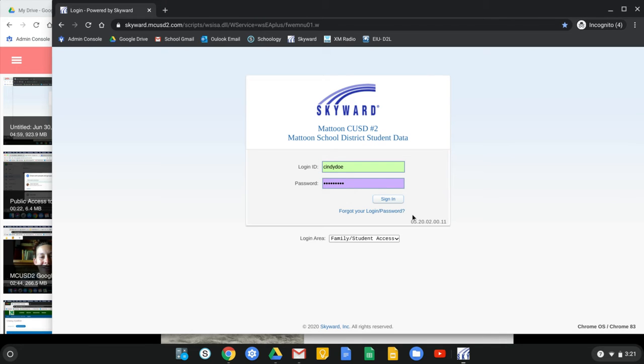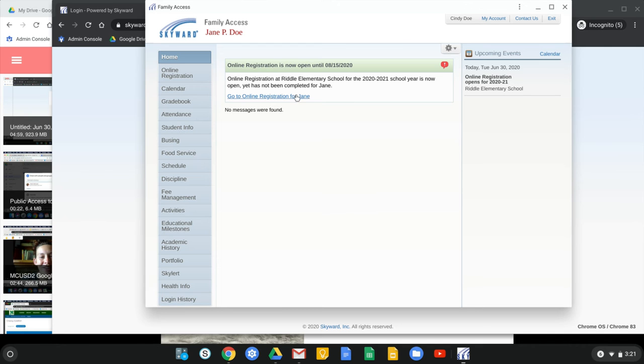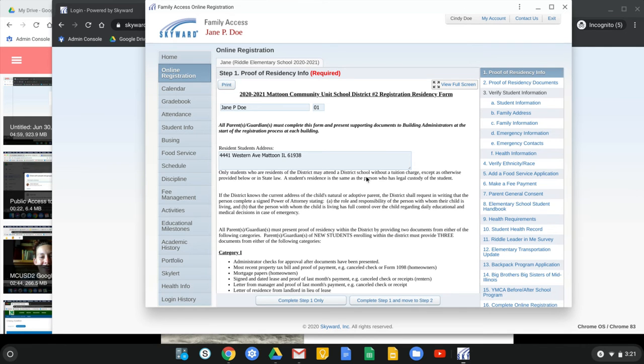Everyone, we are going to go through the basic steps for online registration in Skyward. Once you've provided your login ID and password, you're going to sign in, and this will take you to a dialog box that shows you here in the middle that online registration is open. Click on the link for your student, and then we're going to go through these different steps located on the